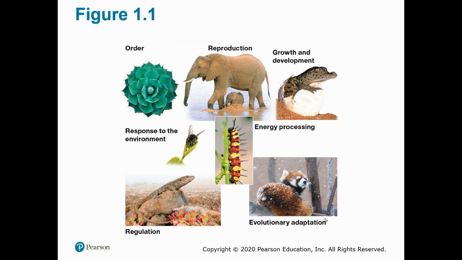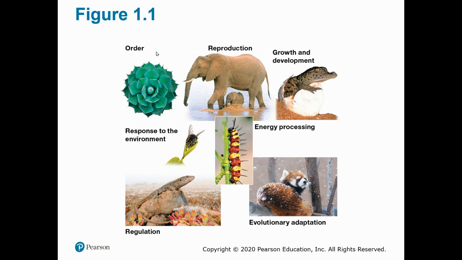And then the last one is evolutionary adaptation. That's probably the one that gives us the biggest amount of pause. But the reality is all of these things are based on a blueprint, and mistakes are made. And when mistakes are made, then the outcome looks slightly different from the thing that you had before. And when you have something that's slightly different, another word for that is variety. When you have variety, then some things are better suited for the environment than others.